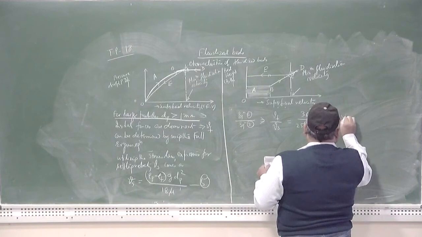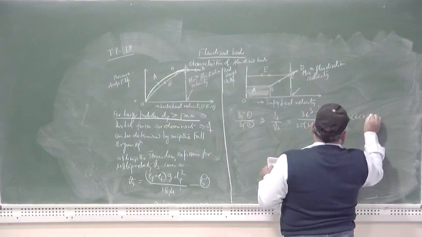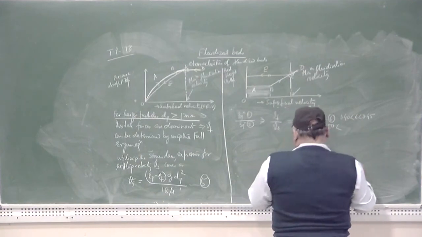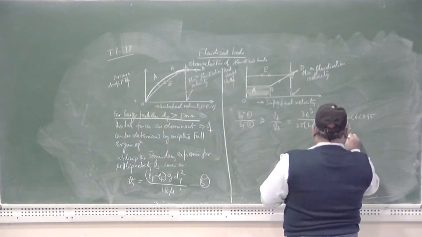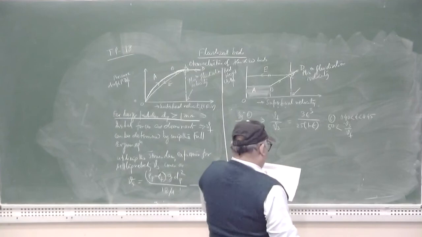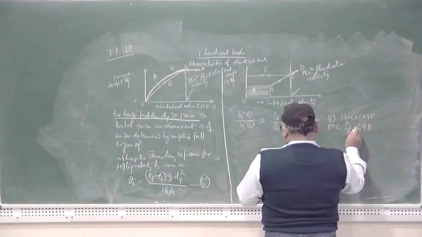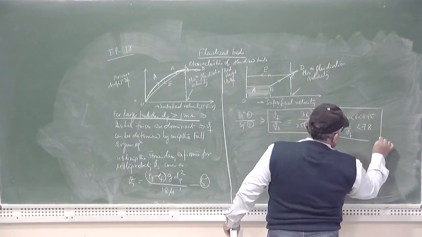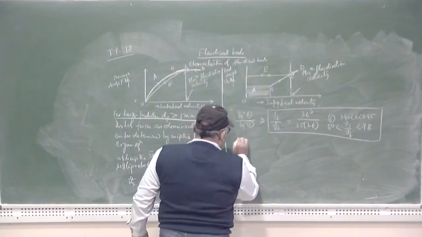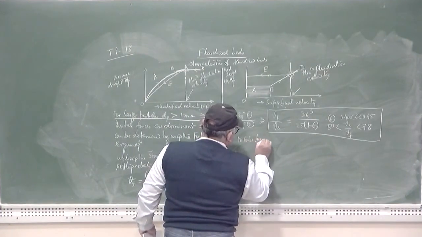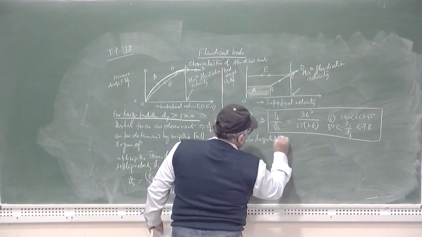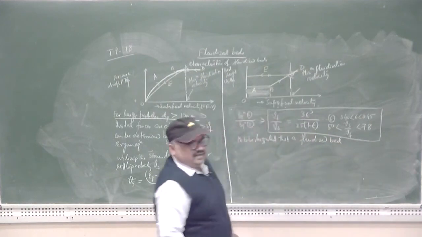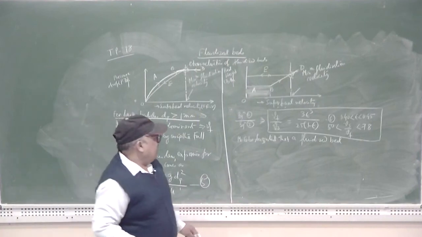Here, if the bed void is lying between the values 0.4 and 0.5, the ratio of settling velocity to the minimum fluidization velocity will be greater than 50 but lesser than 78. So, utilizing this concept, a very renowned chemical engineer, McCabe, suggested, and this is the industrially drawn conclusion by this chemical engineer, that a fluidized bed